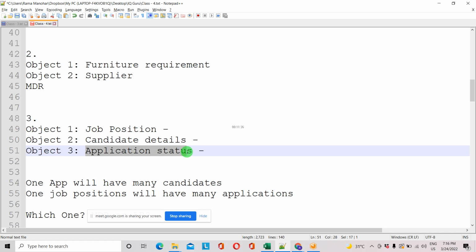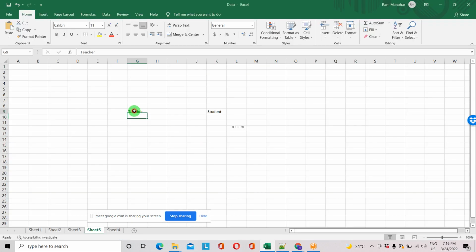Let me give one more example. For example, take one school. In that school, students are there: Ram, Johnny, Tom, Harry, Jackson,